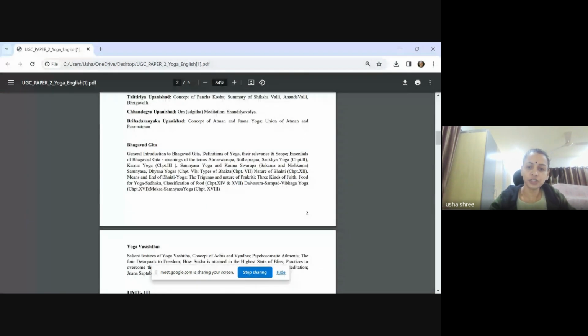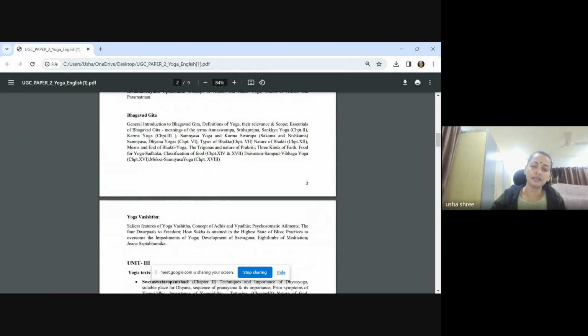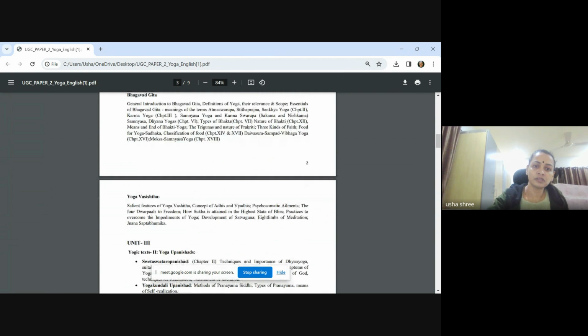Again, as I mentioned, please maintain separate books for these units. Each unit, you better include a different book. Otherwise, towards the end, you will have it all cramped in one single book and you won't be able to really study. Yeah, so this is my experience and I'm sharing it with you.